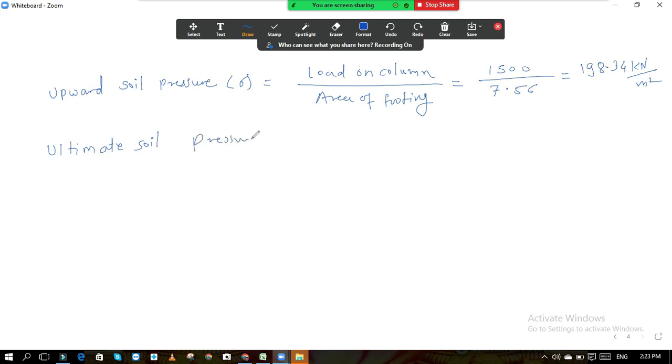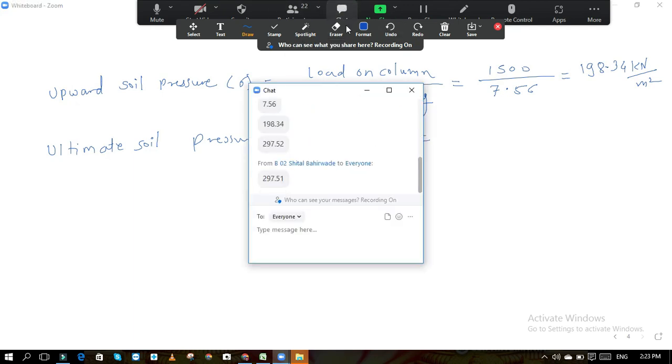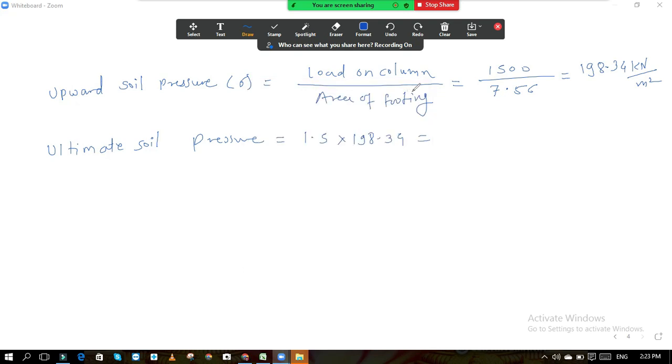Ultimate soil pressure is equal to 1.5 into 198.34, which is equal to 297.52. Okay. This is about upward soil pressure. Now see,